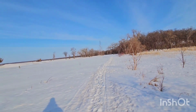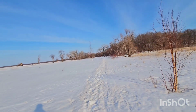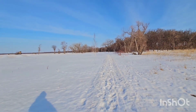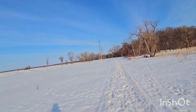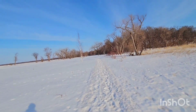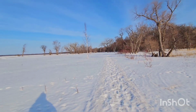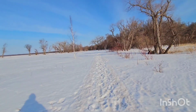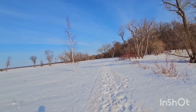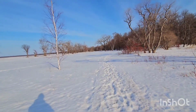Not that I don't enjoy coming here these days, but I wish it was still a game farm. I may not have hunted it. I probably would have, because I'm a sportsman, but to be able to see the wildlife that was here, because it was raised and controlled, I think that would have been awesome. I probably would have done more hunting with a camera than I would have with a weapon. I'm a bow hunter, true and true, and I do like guns. Don't get me wrong,